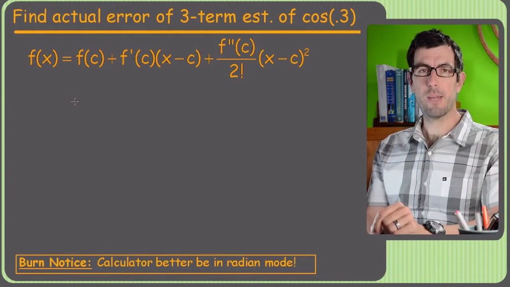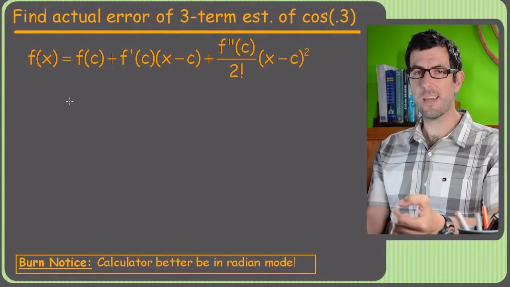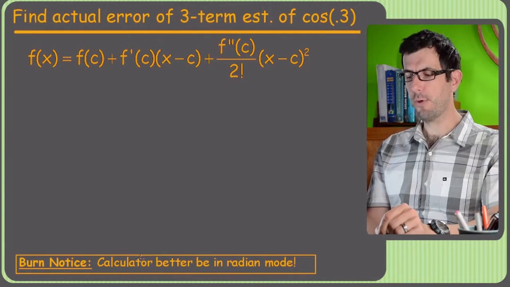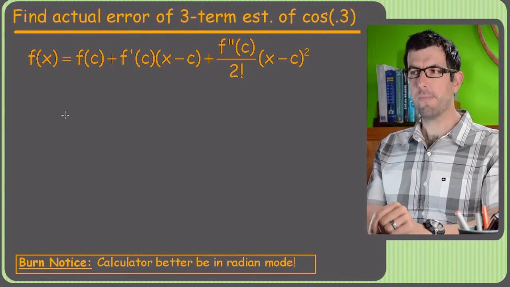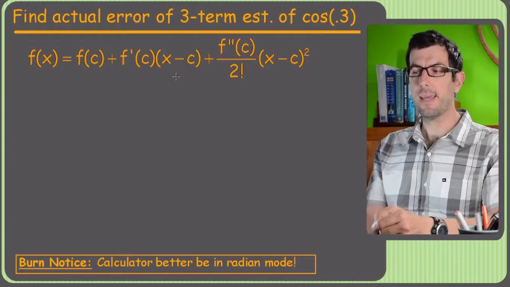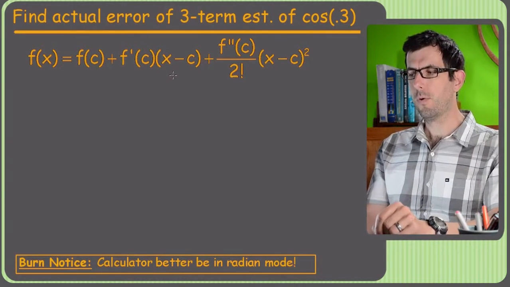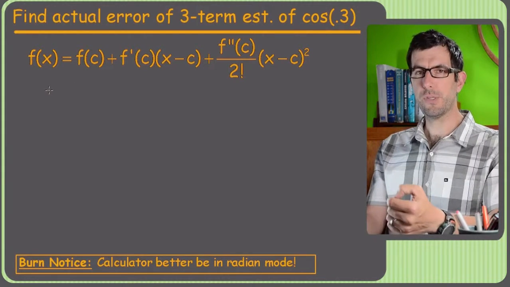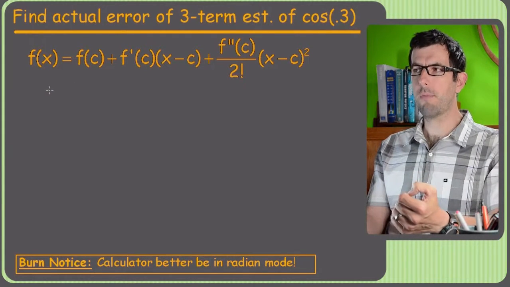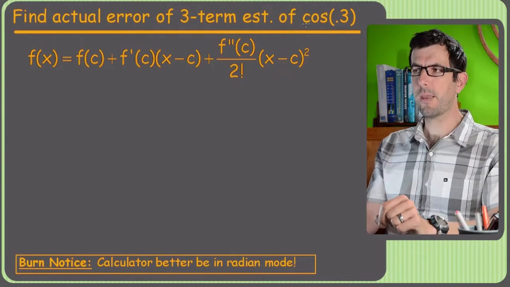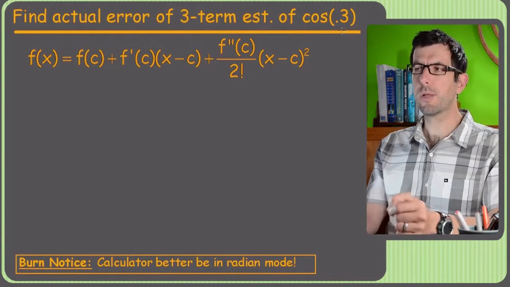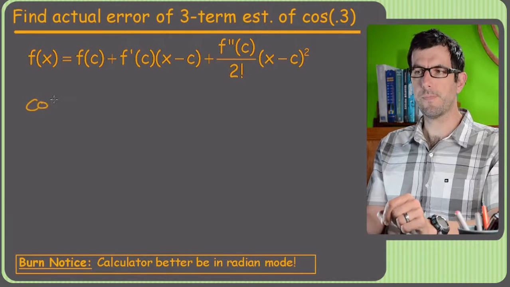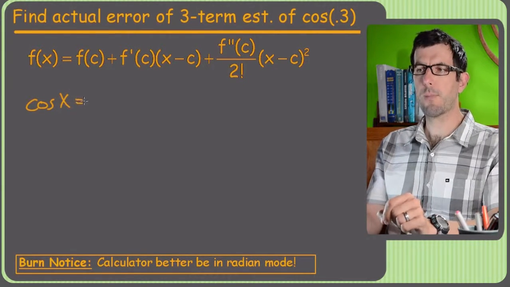But if they want you to find the actual error, all you need is a calculator. So you type in cosine 0.3, make sure you're in radian mode, and then subtract the answer you actually get, and that is your error. So let's take a crack at this. Now I'm not going to bother working out the full series because, like I said, you kind of want to memorize these things. And since we're finding the cosine of 0.3, that's pretty close to 0. So what we're going to use is the cosine Maclaurin series, which you might want to memorize,